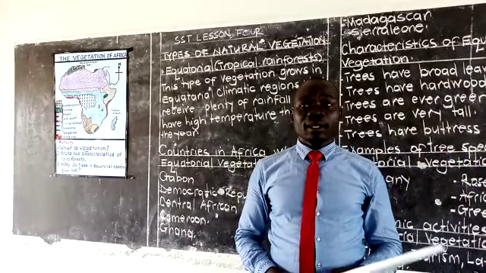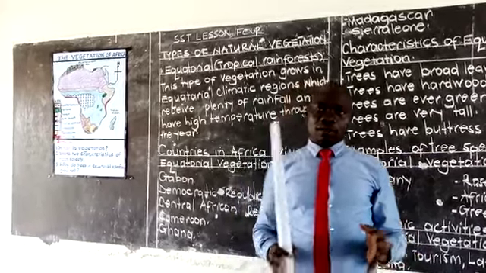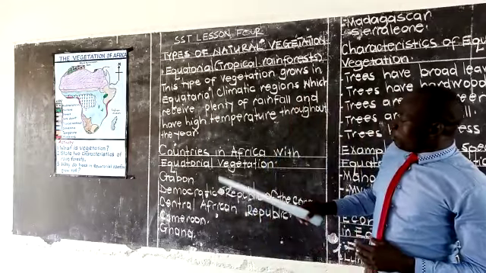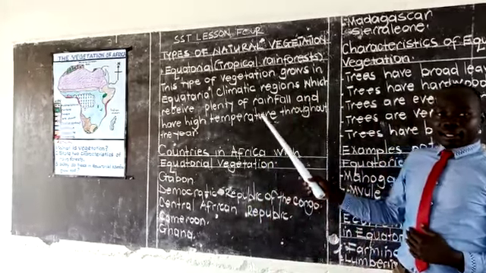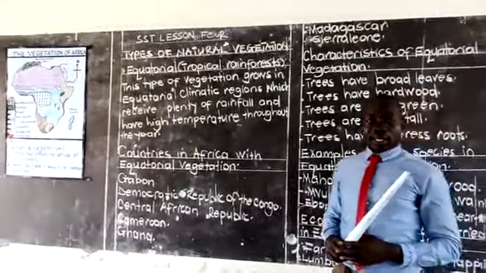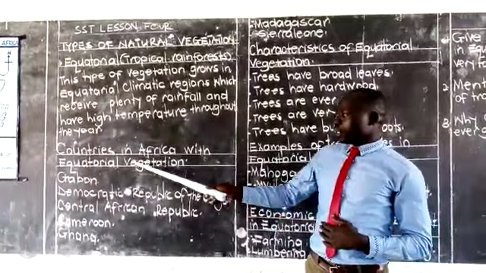In Uganda, equatorial vegetation is found around the source of Lake Victoria. Then, before we look at the characteristics of equatorial vegetation, let us look at the countries in Africa with equatorial